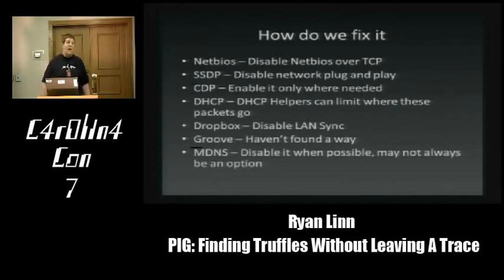For DHCP, there's a concept of DHCP helpers. What DHCP helpers do is, when DHCP requests are seen, the DHCP helper information tells the network, hey, my DHCP server's over here, you don't need to send this out to everybody, go here. And so turning on DHCP helpers will prevent a lot of that broadcast information from leaking out. It obviously takes some configuration in a large network. It may be difficult, but it definitely will stop the broadcasting out.